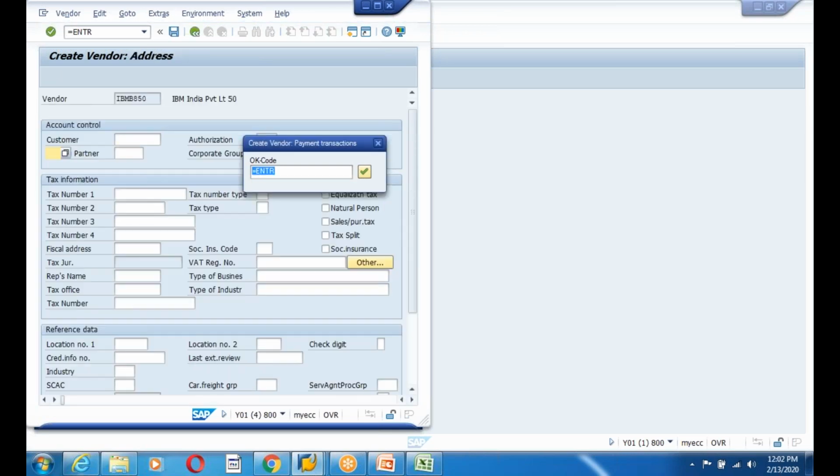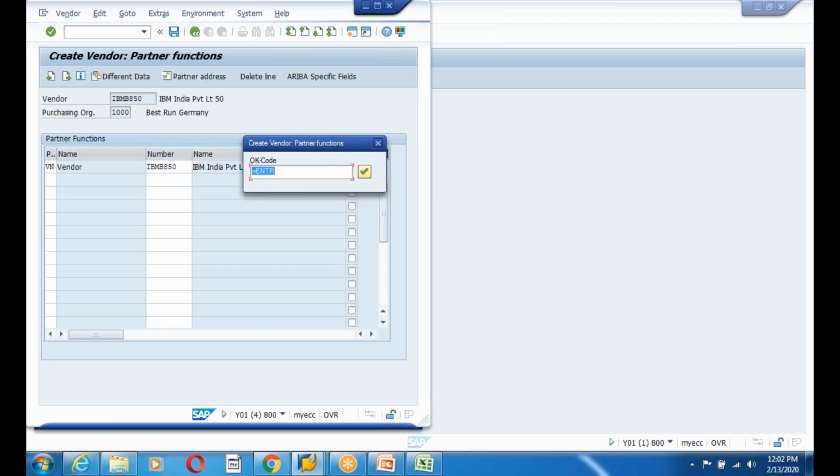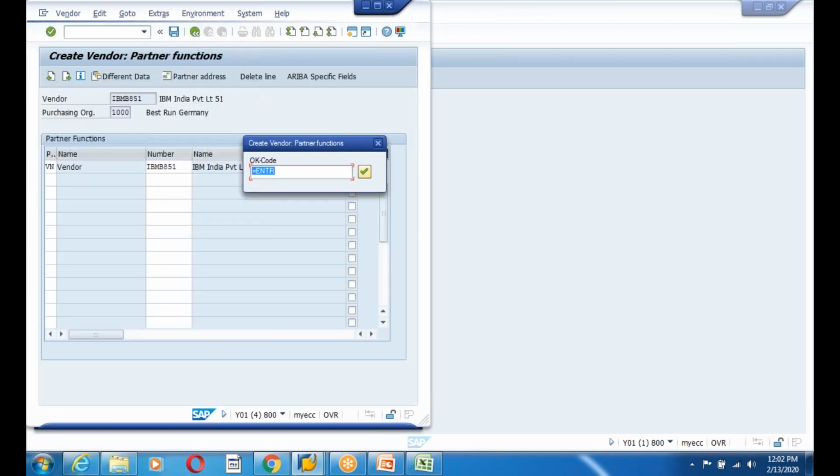One of the advantages of the BDC session method is that the logs will be created by default, guys. The disadvantage of the session method is that you process the program in one program, but you are processing the data in another transaction. Suppose as an end user, I don't want to process it there, I would like to display the results in the same transaction. So what I will do, I will create a